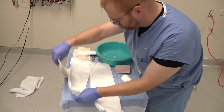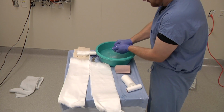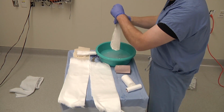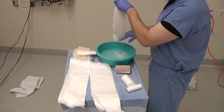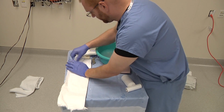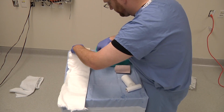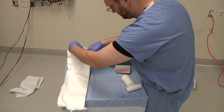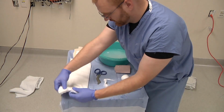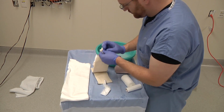From there, simply dip our plaster, laminate it together, make our plaster burrito. There's excessive web roll that can be cut or torn off. Or just simply folded. Next, we take our tubular bias,